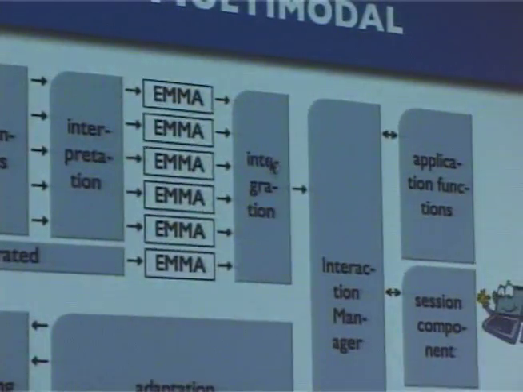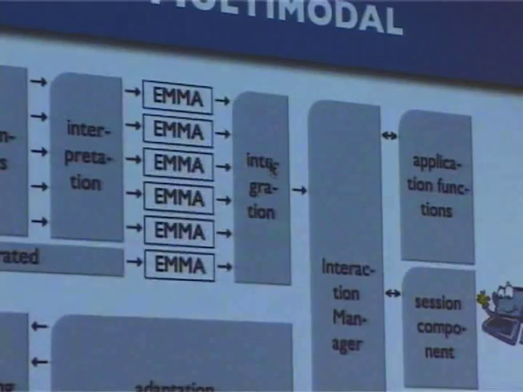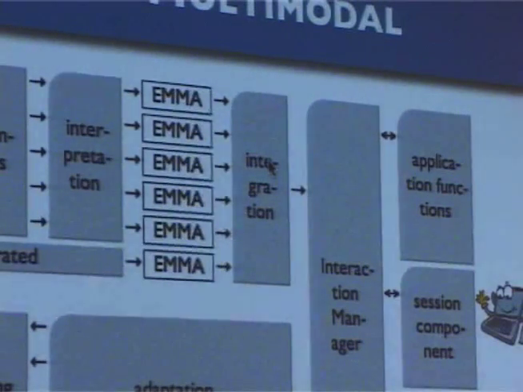You can say something, and at the same time you can point to something. You can say, for example, I want to go there. And while you say the word there, you point with your finger or with a stylus or something on a map. And the system has to integrate those two kinds of information. The voice that says there,